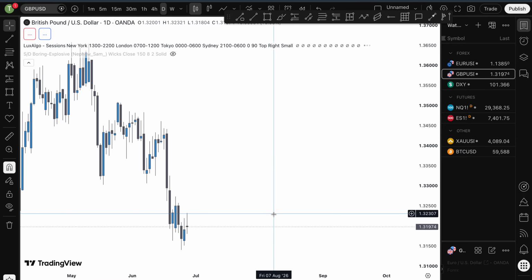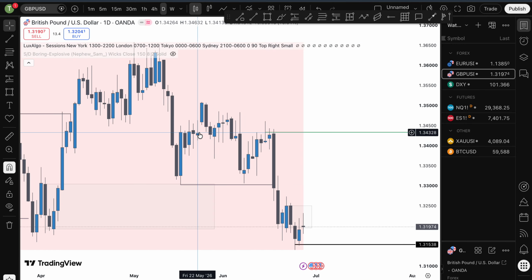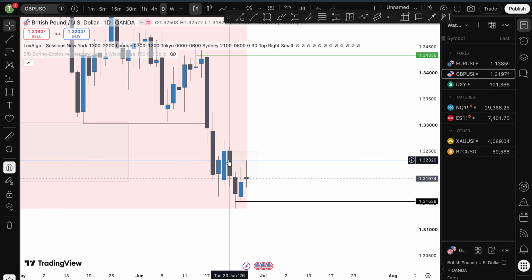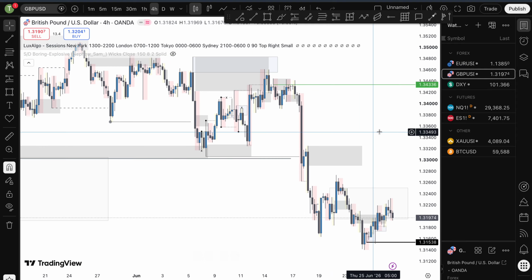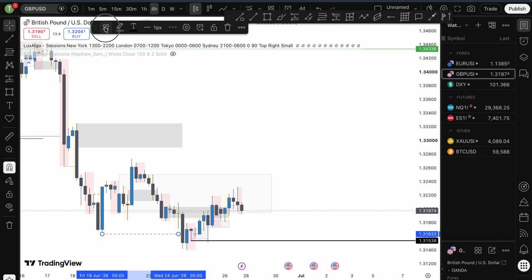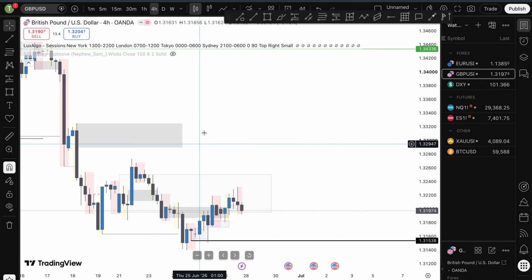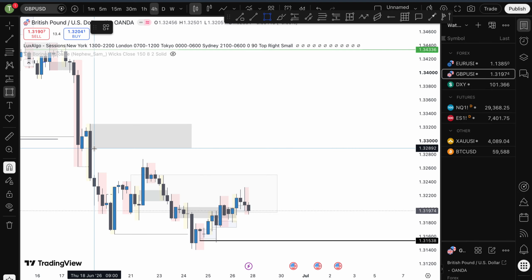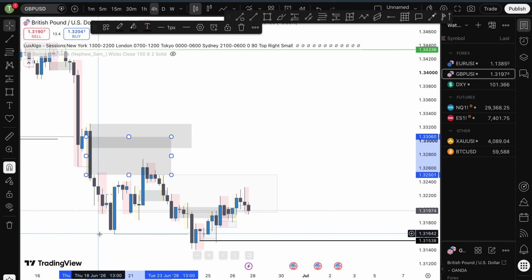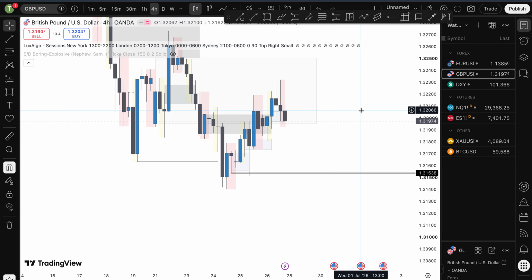GBPUSD, we should be expecting similar price action. We are bearish. Price closed here inside the mitigation of a bearish order block. If we come down to the 4-hour chart, you can see that we are still bearish over here, so price generally overall has a bearish direction. You can even tell from this mitigation of this fair value gap that drove price down to break the structure. However, on the immediate time frame,